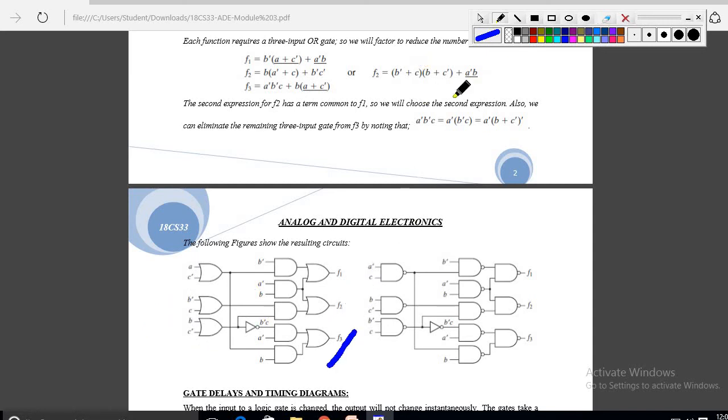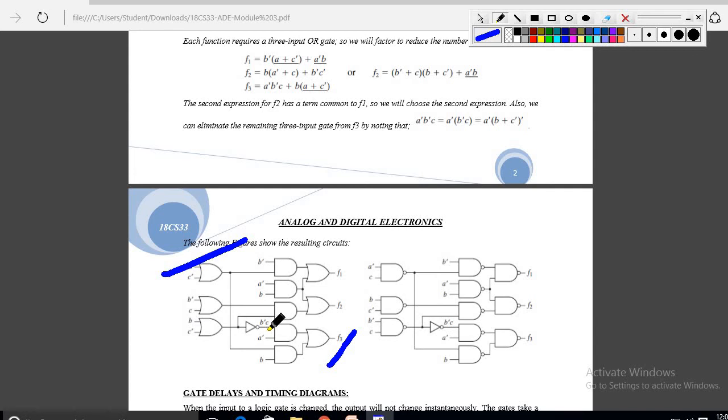Coming to this F3. F3 is what? These things, right? For this F3, B and A plus C bar is there. So here A plus C bar is there, no? One NOR gate already. Directly one input of this and this B go into the AND gate. The output of this will be given to the NOR gate because of the plus sign. One more input is A bar B bar C. So here A bar B bar C is a 3 input AND gate.